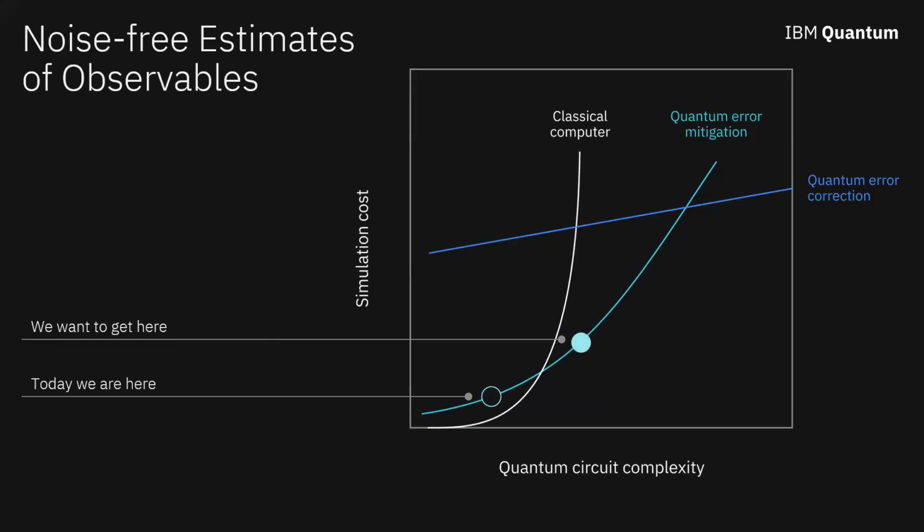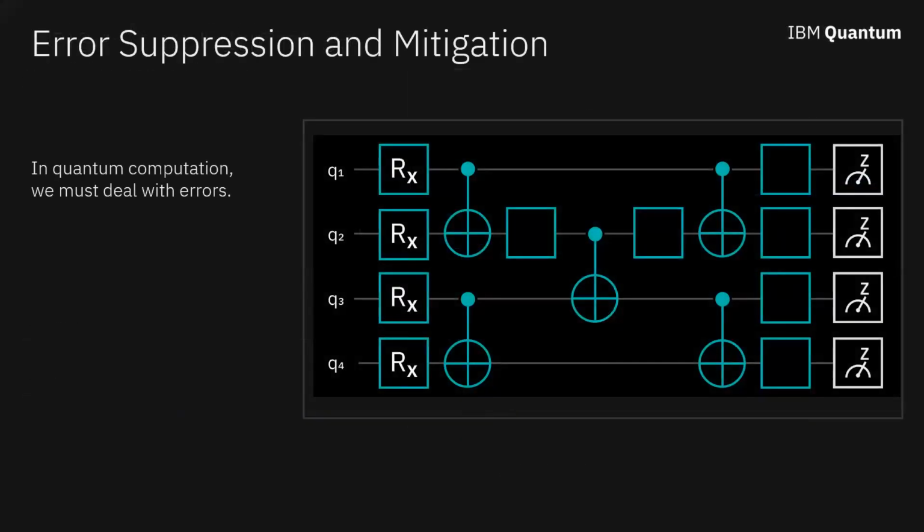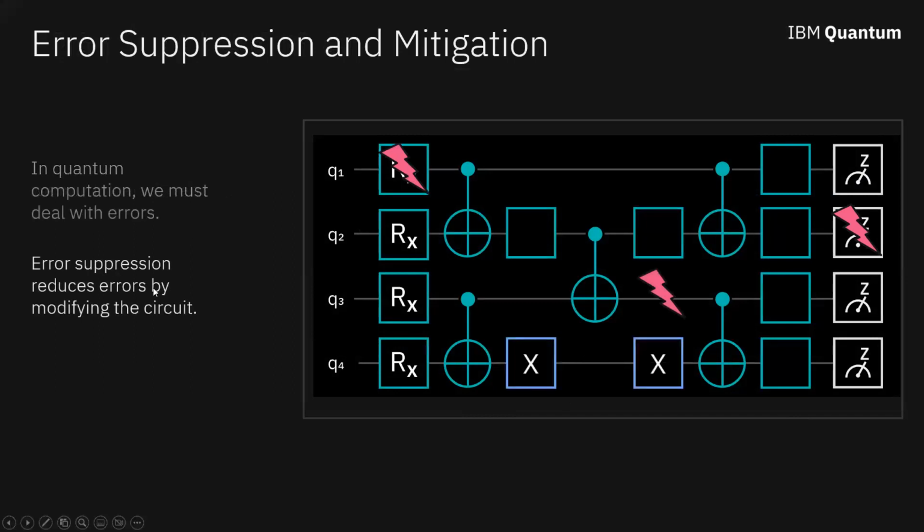Okay, I mentioned a little bit about the noise and about the estimation of observables. So let me show you three different ideas: error suppression, error mitigation. Error suppression is reducing the errors by adding some additional components into the circuit. You can see here we have those X gates added into the circuits, which actually do nothing, because this is another X gate which cancels it. So basically, two X gates give you nothing, but they create a small block inside the circuit, which in our experiments and tests shows that it is suppressing some errors which can appear on this